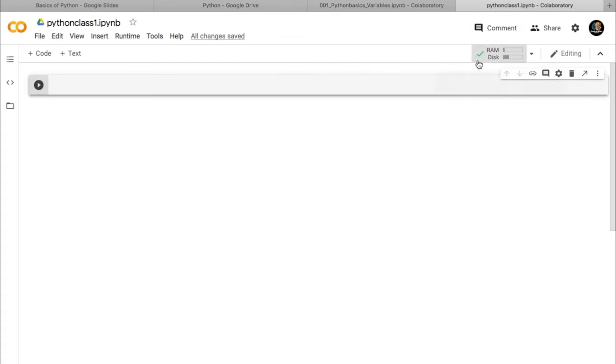So now you can see it is connected and it is showing some RAM as well as disk information. This is the RAM and disk information of Google server only. So now you can see you are getting some 12.72 GB of RAM and 107 GB of storage. This is not pertaining to your computer but Google server.